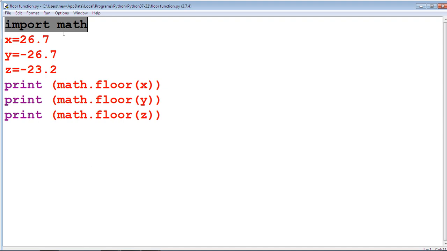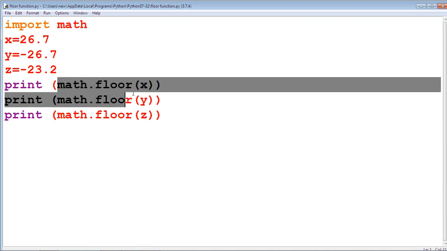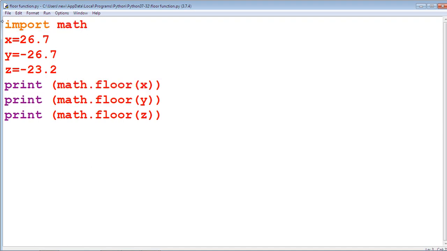Before you use the mathematical functions, we should use the import statement. That means it imports the math module, otherwise it gives an error message. We should use the import statement with math.